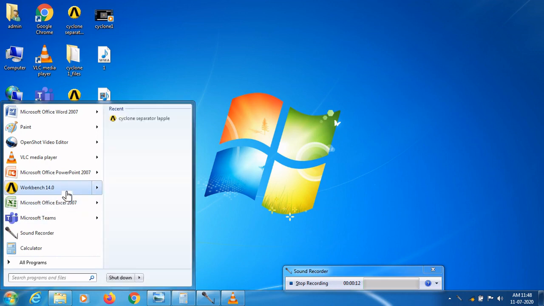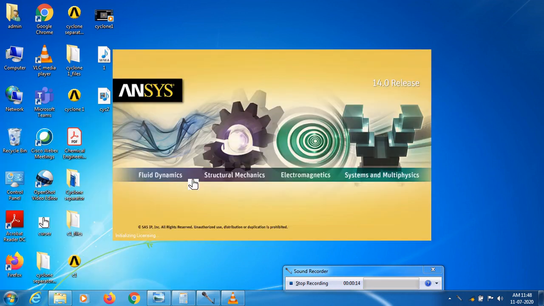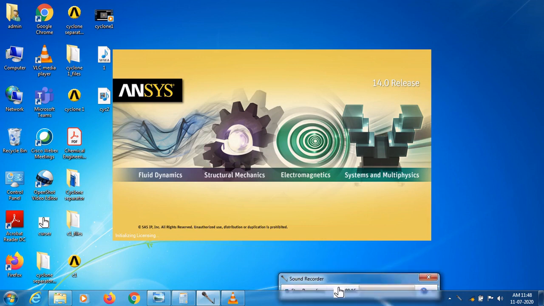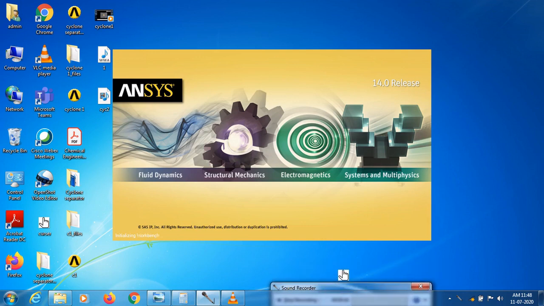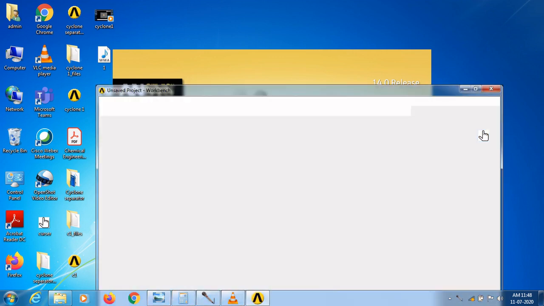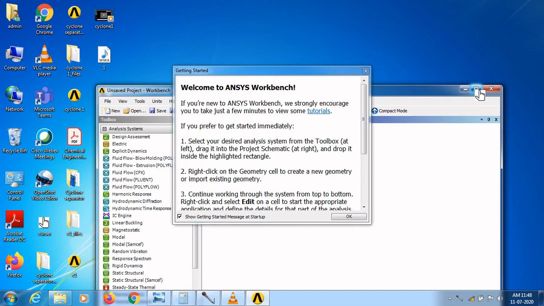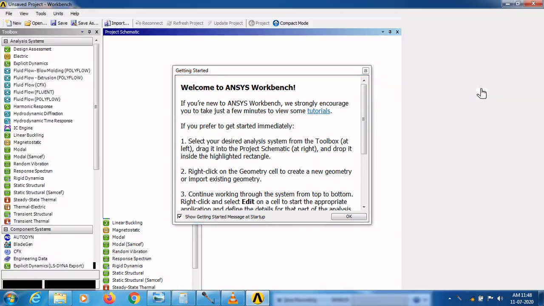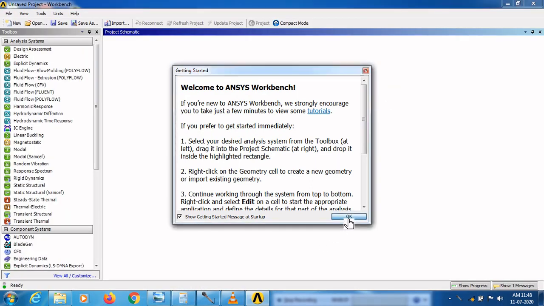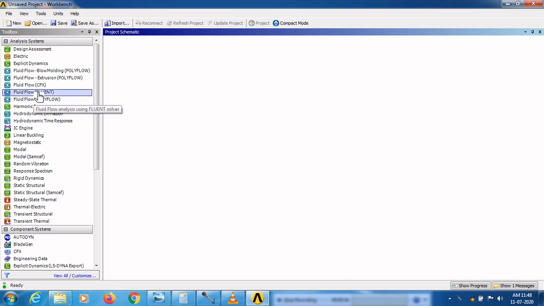Let us open the ANSYS Fluent software. Here you have to select Fluid Flow Fluent.